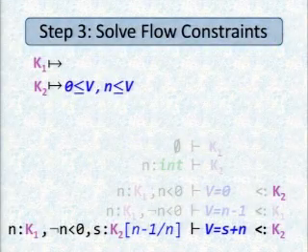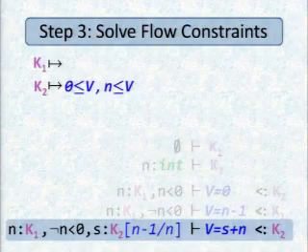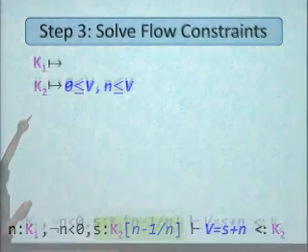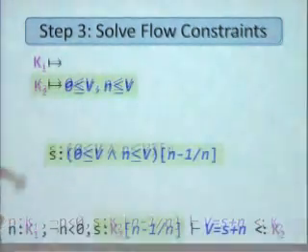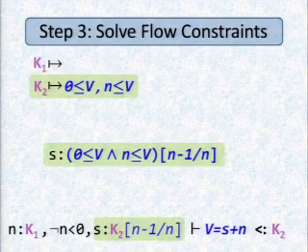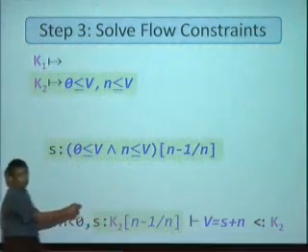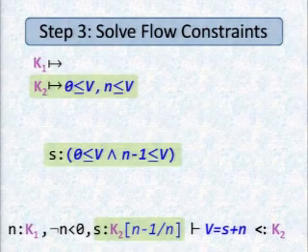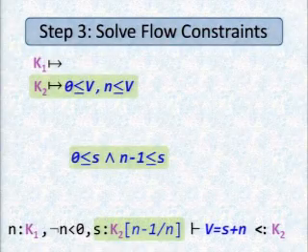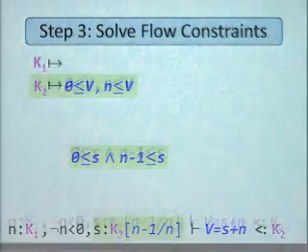And finally, let's pick the last one, which is the output one. So now let's see, how would we embed this? Well, here's what K2 is right now: 0 is less than v and n is less than v. So S is of this type: 0 is less than v and n is less than v with n replaced with n minus 1. So you just apply the substitutions. You get 0 less than v, n minus 1 less than v. And now you plug S in for v. So you get S is greater than 0 and S is greater than n minus 1.